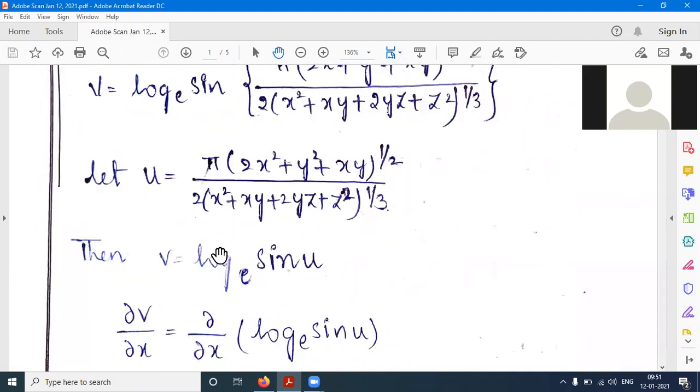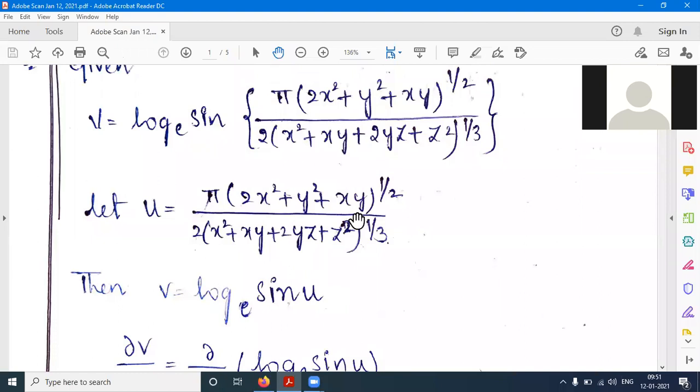They are saying, see better: (2x²) to the power of 1/3, and (x²) to the power of 1/2 is nothing but x. So here x² is there, again whole to the power of 1/3, that is nothing but x to the power of 2/3. So x to the power of 1.